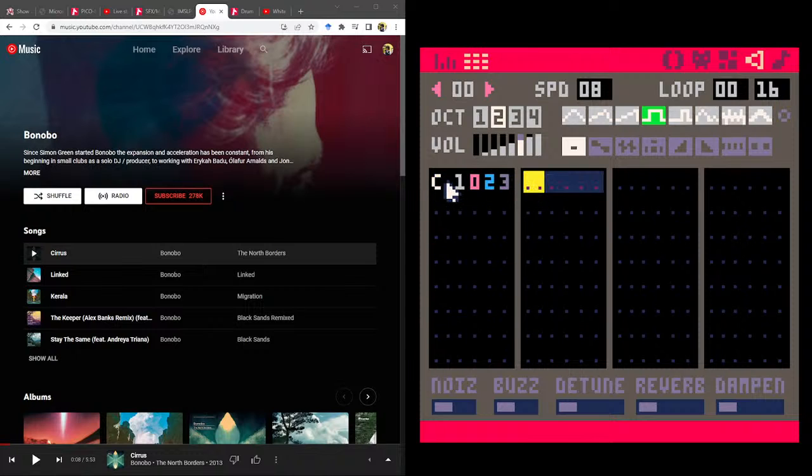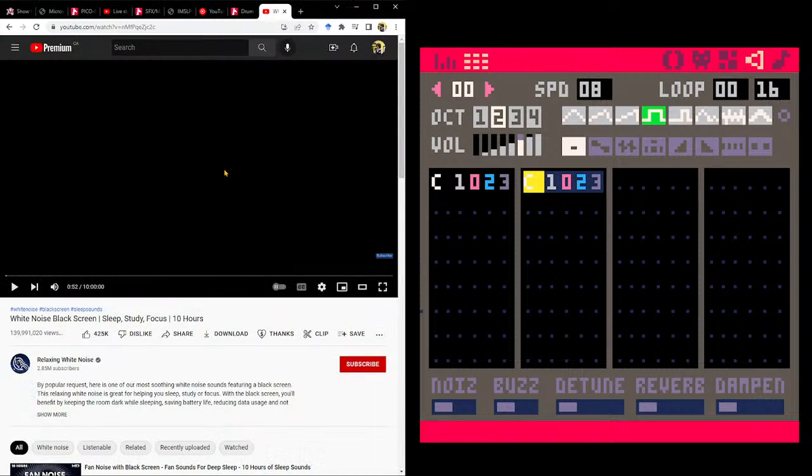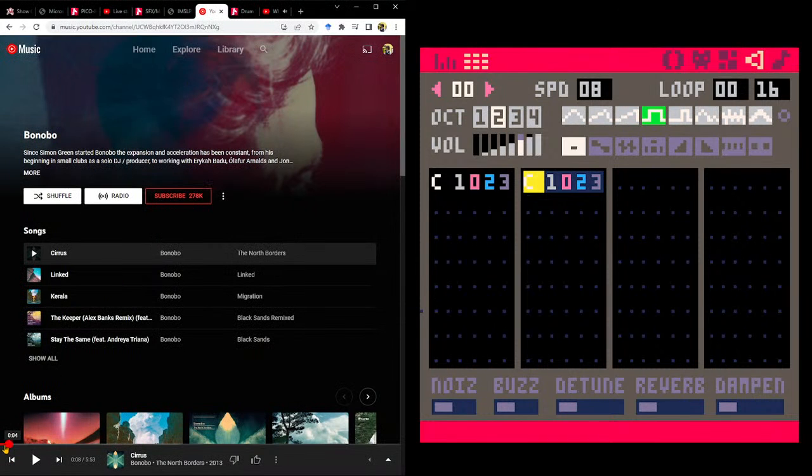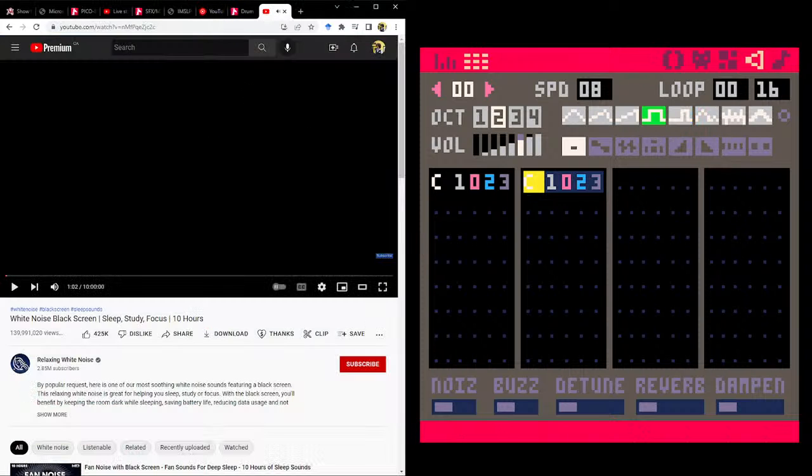Way too slow. Actually, what if I... Is that the right speed? Sorry again. That's really close, actually. So now what happens if I go in here to